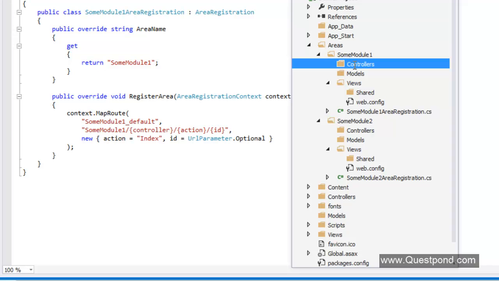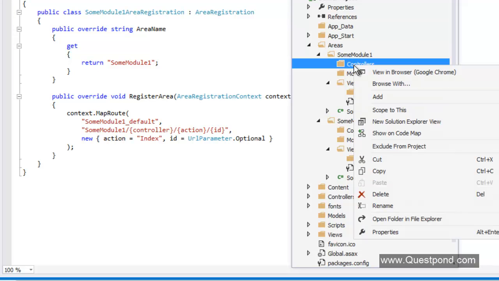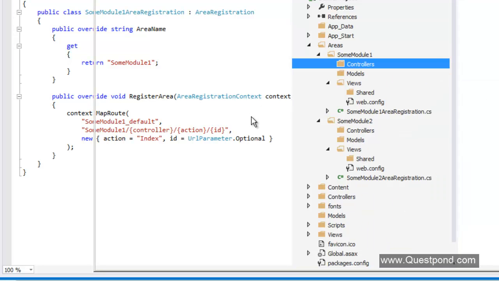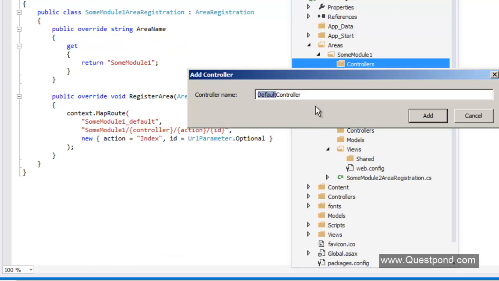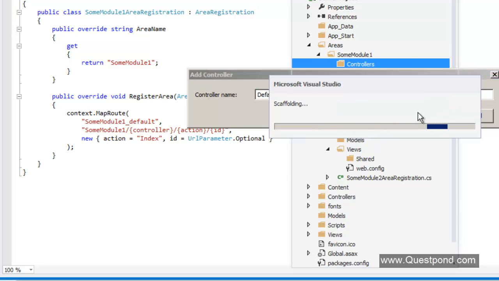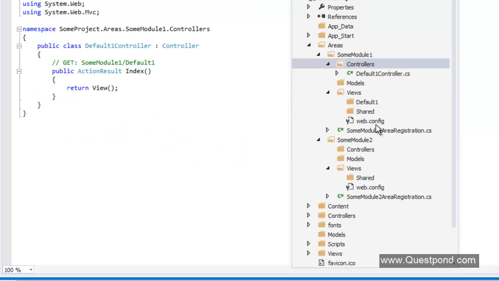So now let me go and add a controller in this sum module 1. Let me right click on this controllers folder and add a controller here. I will add an empty controller. So let us say some controller here called as default one, and let us say that this default one at this moment just returns